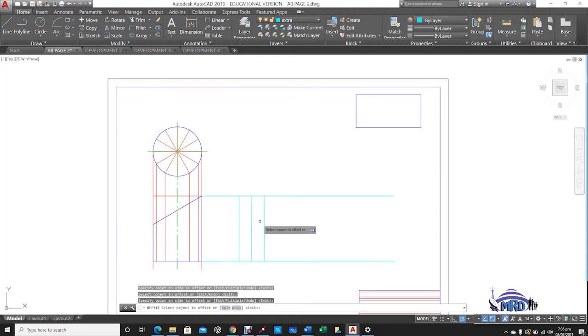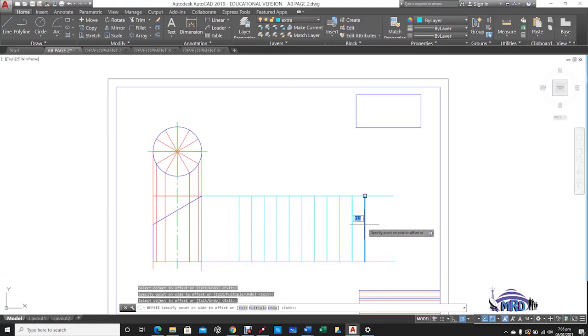So that's 1, 2, 3, 4, 5, 6, 7, 12. That should be 12. What you want on your page then is 13 lines and 1, 2, 3, 4, 5, 6, 7, 8, 9, 10, 11, 12 spaces. So this line here, the start line, is also this line here, the end line, because